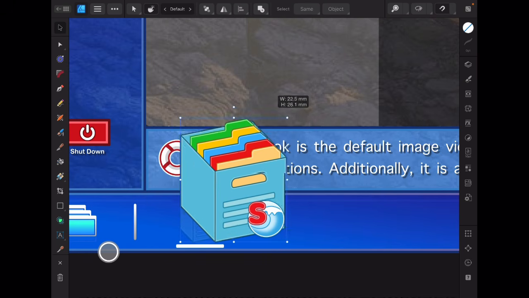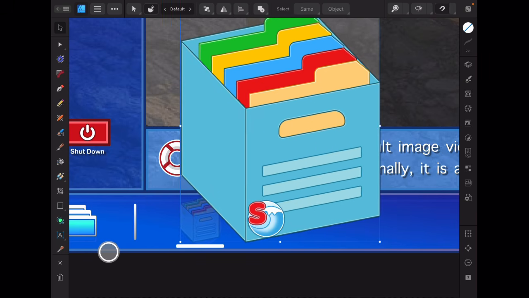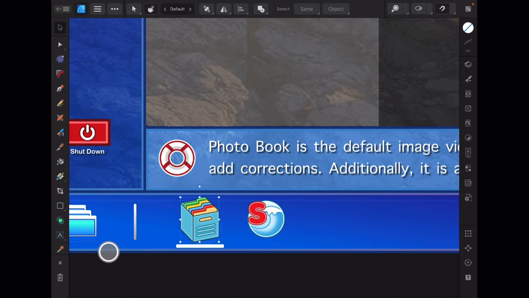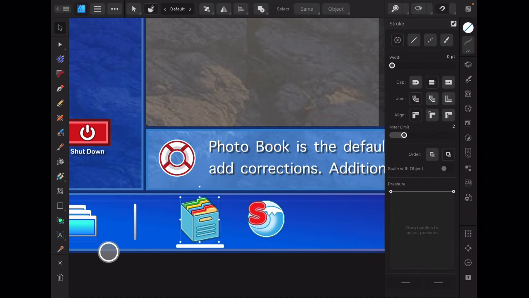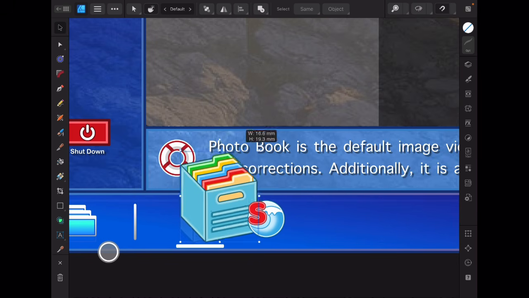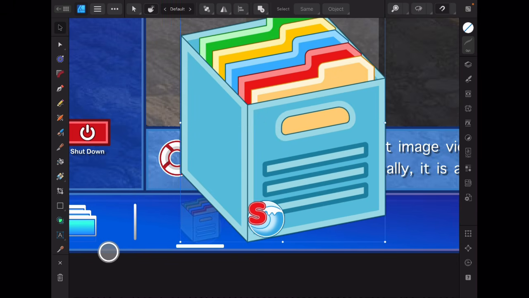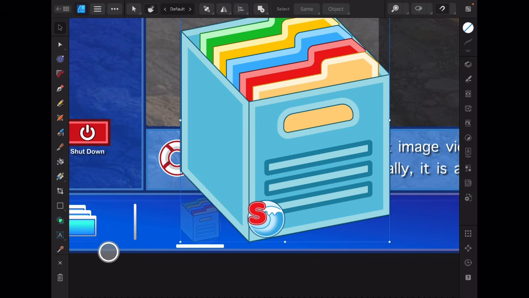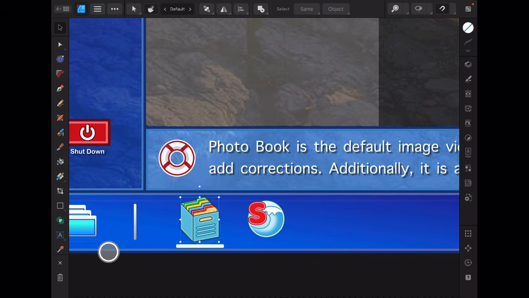So if I scale this, we'll see that it doesn't scale the way I would like it to. So if we go to stroke and then select scale with object, and then when I try scaling it, we'll see that it only scales some of the strokes, but not all of them, and that's because I have multiple strokes and outline effects on this icon.